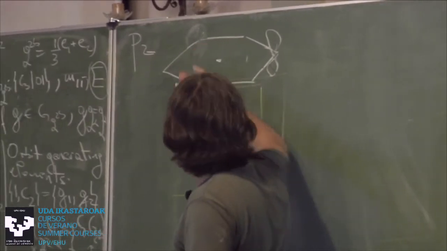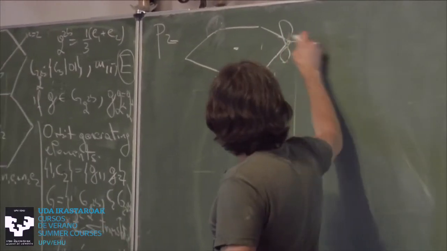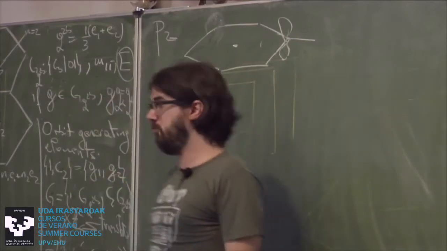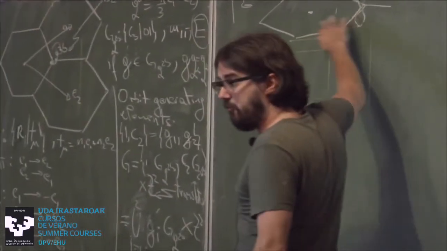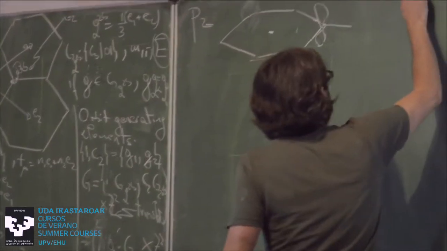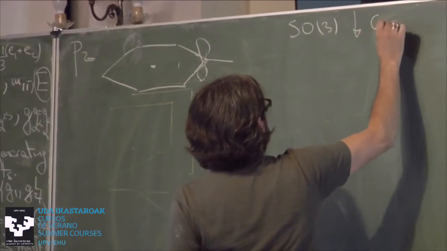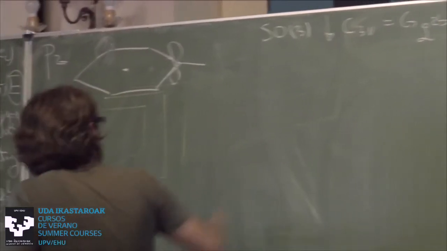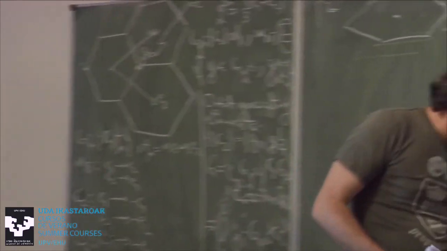And the zeroth order that I need to do is understand at least what does one p orbital in the environment of a C3v symmetric site symmetry group do. Because when I put in p orbitals, this feels the structure of the lattice, the fact that I've got other orbitals around, and it reduces the symmetry from SO(3) down to C3v, which is the site symmetry group of the Wyckoff position 2b, or isomorphic to the site symmetry group. Everything that's isomorphic will be this, I'll use interchangeable language for isomorphic groups.